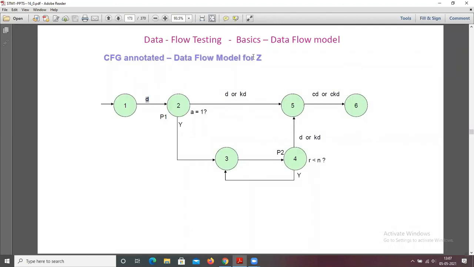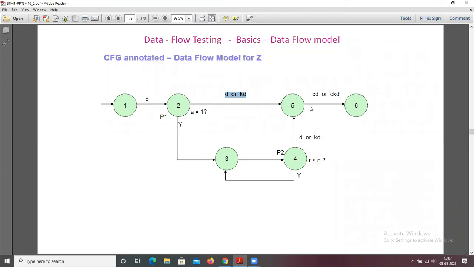After that, a equals 1, D or KD. That means based on the predicate a equals 1 or not, you either define or kill it.